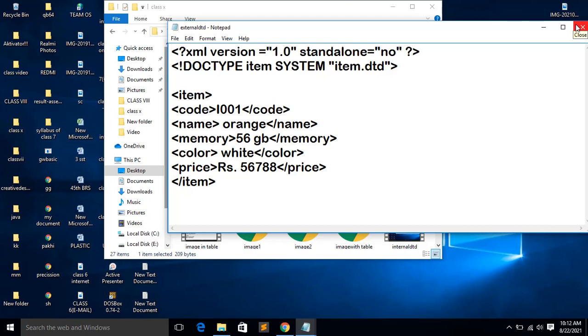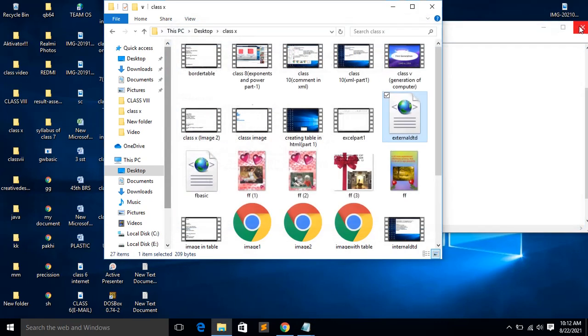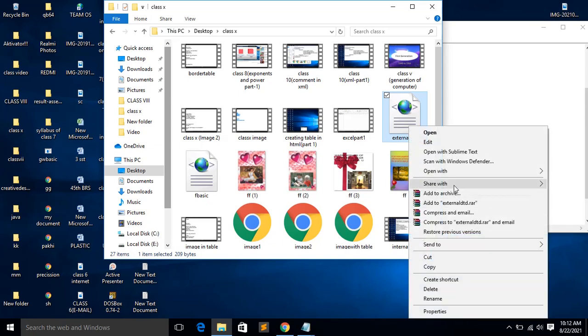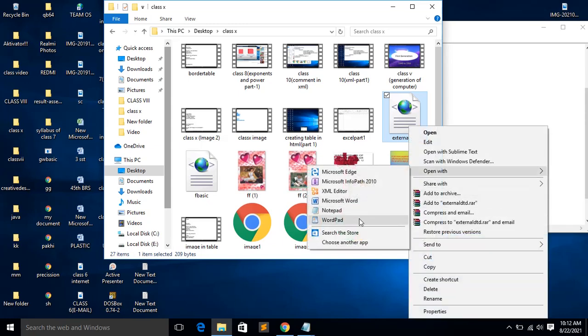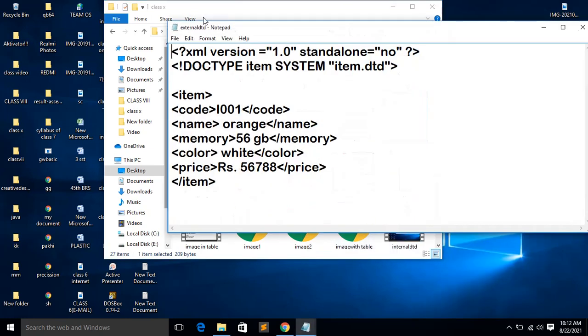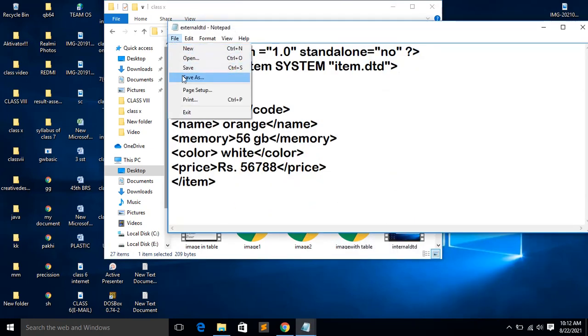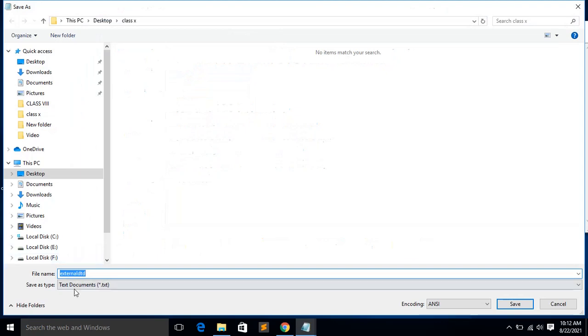Now I am going to show you by executing the file. So this first file, external DTD, you will give Save As, external DTD.xml.